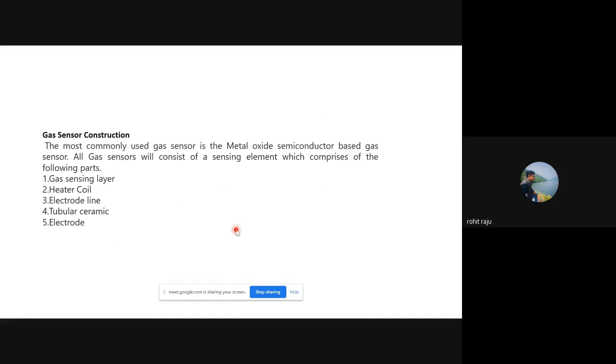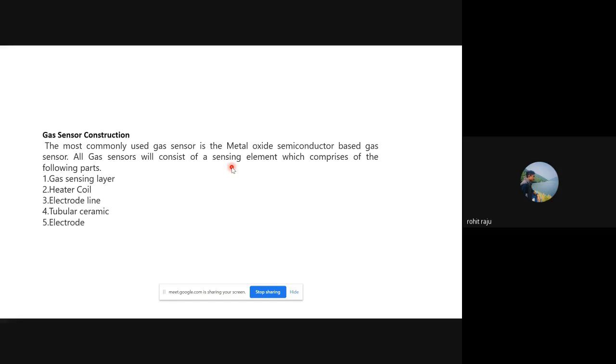So let's look at the construction of this gas sensor. The most commonly used gas sensor is the metal oxide semiconductor based gas sensor. This means we use tin dioxide, SnO2. SnO2 is a metal oxide, right? And all gas sensors consist of a sensing element, which is really very important because this is what senses whether the gas is toxic enough or not.